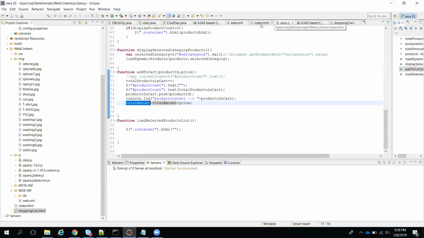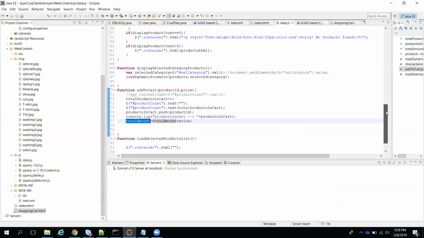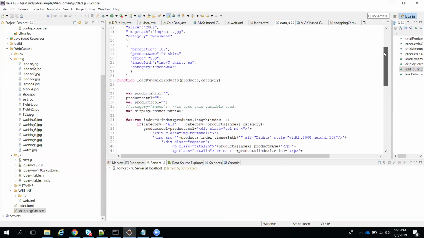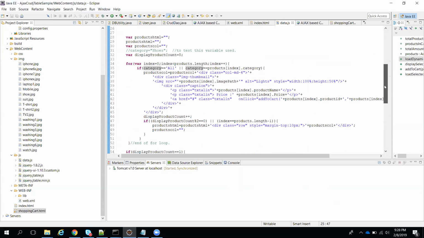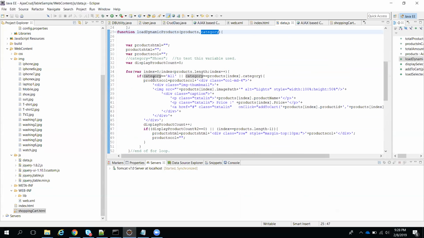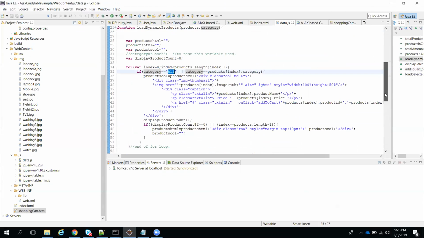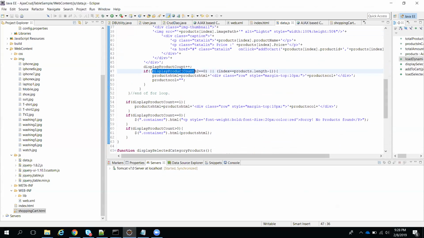I explained these functions to you theoretically, but if you see here, I'm calling the same function in different ways, by passing parameters. The same function I'm using for multiple things. That is what you have to observe. I'm using it for categories, and also when passing all, based on this if condition, it works for both the cases.